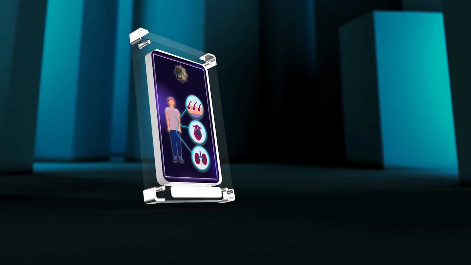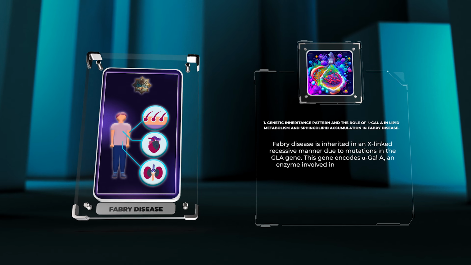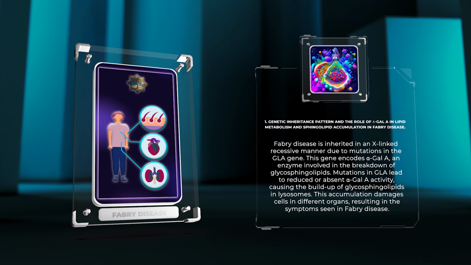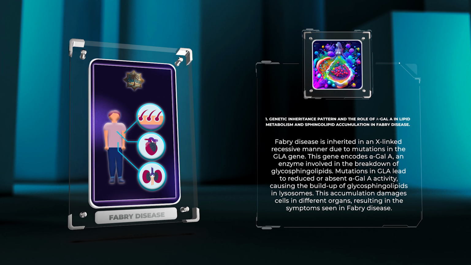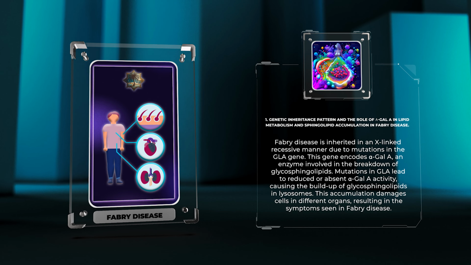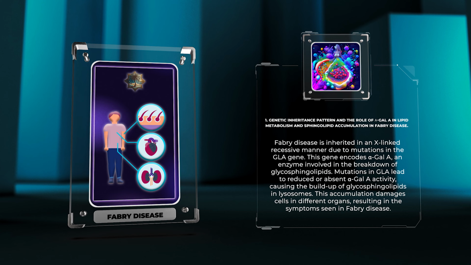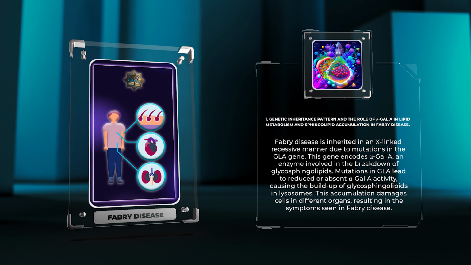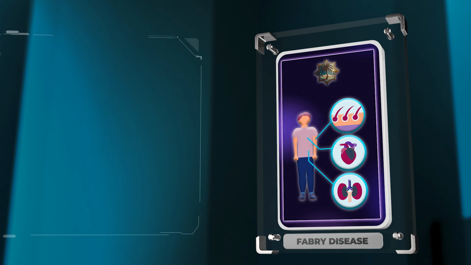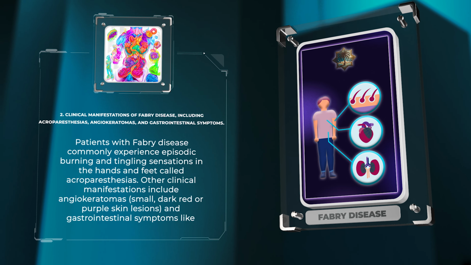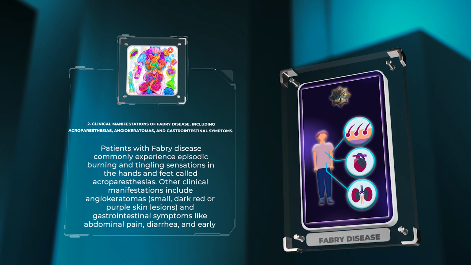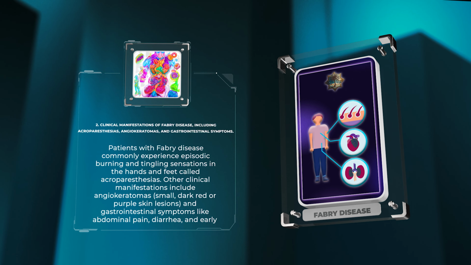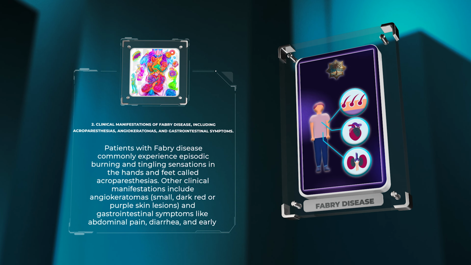Fabry disease is inherited in an X-linked recessive manner due to mutations in the GLA gene. This gene encodes alpha-Gal A, an enzyme involved in the breakdown of glycosphingolipids. Mutations in GLA lead to reduced or absent alpha-Gal A activity, causing the buildup of glycosphingolipids in lysosomes. This accumulation damages cells in different organs, resulting in the symptoms seen in Fabry disease. Patients commonly experience episodic burning and tingling sensations in the hands and feet called acroparesthesias. Other clinical manifestations include angiokeratomas, small, dark red or purple skin lesions, and gastrointestinal symptoms like abdominal pain, diarrhea, and